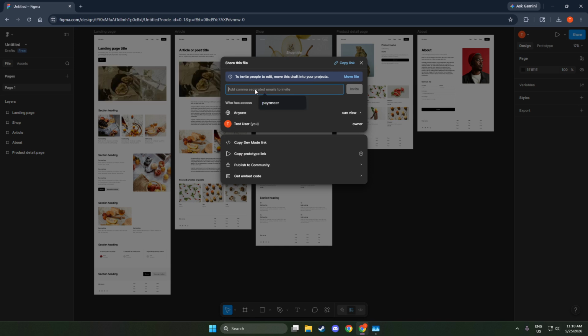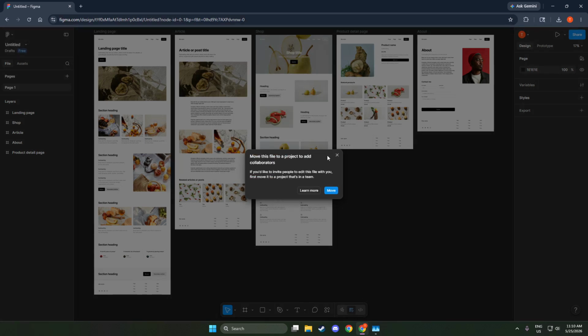If you only want someone to look at the design, select View. This is perfect for reviews, approvals, or when sharing with clients and stakeholders who don't need to change anything. If you're actively collaborating with teammates who will move layers, adjust components, or leave edits directly in the file, choose Can Edit. Remember, edit access allows others to modify your work, so reserve it for trusted collaborators and active design partners. You can always switch back to View later if you need to limit changes after feedback is collected.